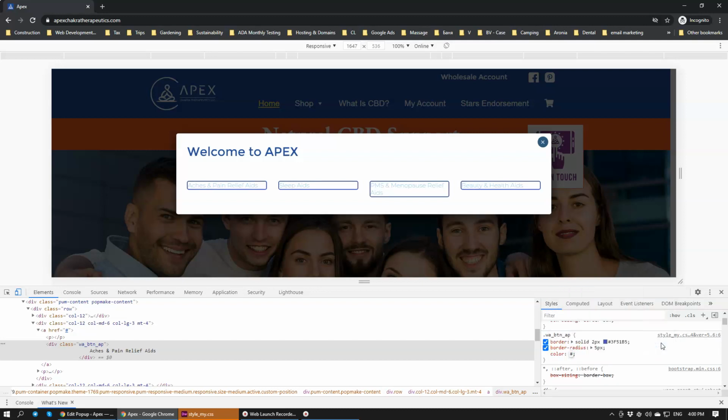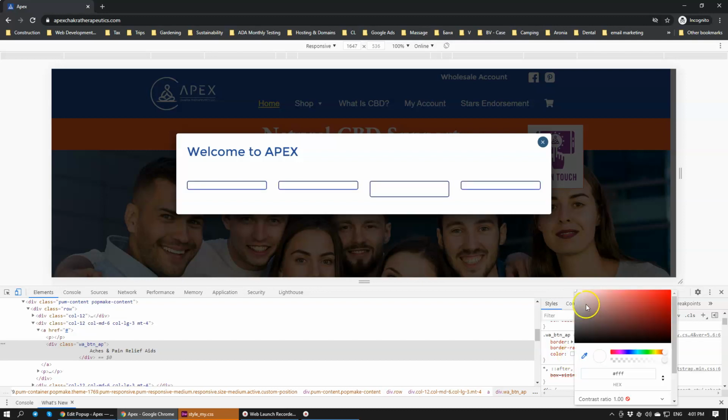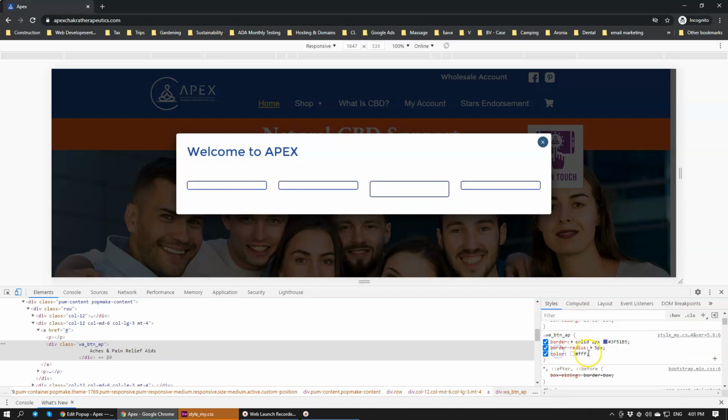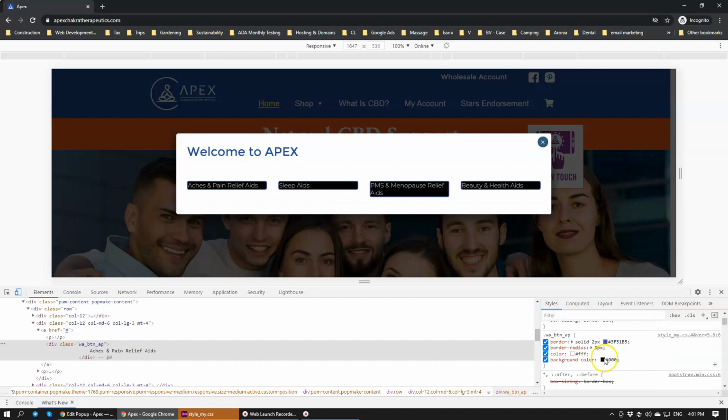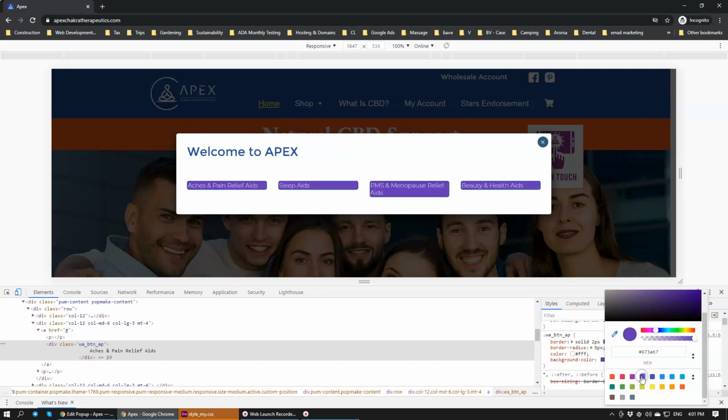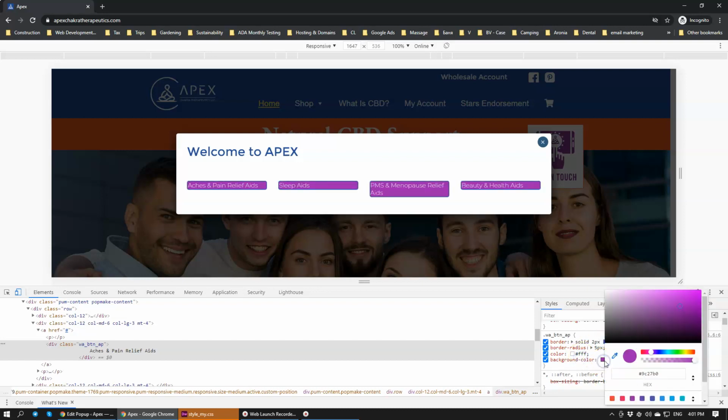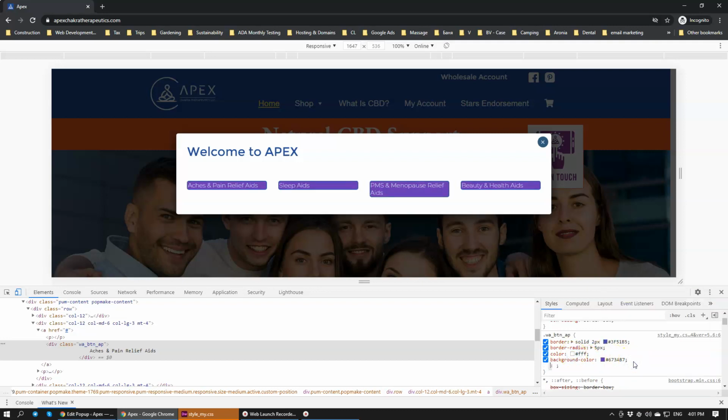Color. I'm actually going to give it a white color because I'm going to give this button a background color. This is going to be either purple or orange. No, I think a purplish color works really nicely here. It's too bright, like this. Okay. Font size 1.3 em,